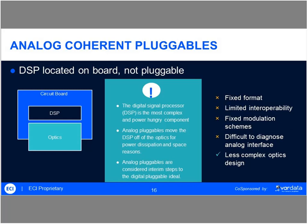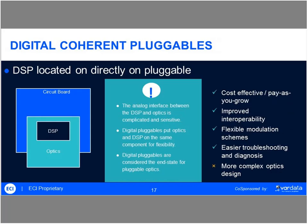So an analog interface is generally more difficult to diagnose and harder to get to work together, but you end up with a less complex pluggable optics design, and you can get something out generally faster. So usually you'll see these come out first. But the ultimate, what we really want to get to, is digital coherent pluggables, where the DSP, that signal processor,